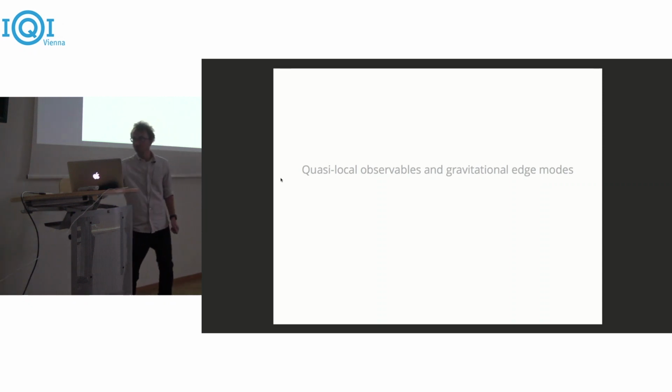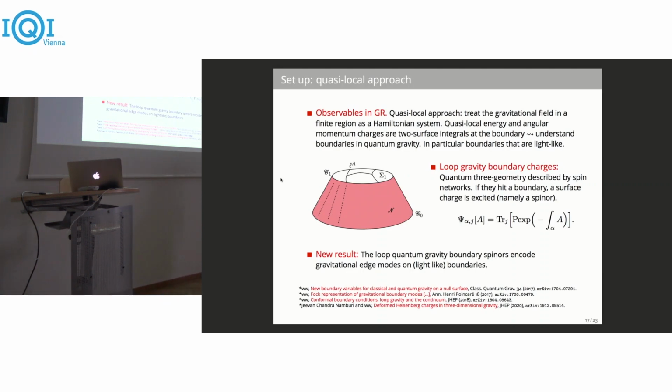Instead, another approach is to consider the gravitational field in a finite domain and then quantize the degrees of freedom of the gravitational field in that finite domain. And what you then find is that because the introduction of a boundary breaks your gauge symmetries, it turns some previously unphysical gauge directions on phase space into physical degrees of freedom that you can then access and possibly quantize, such as the angular momentum of the gravitational field in that domain, which is the generator of rotations that would preserve this region